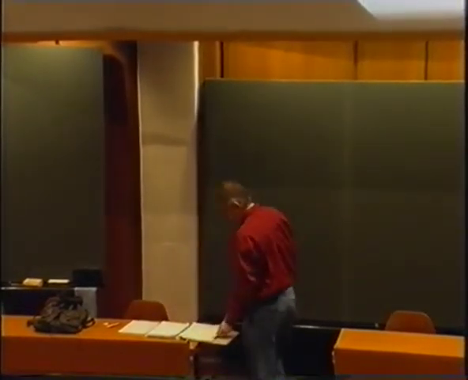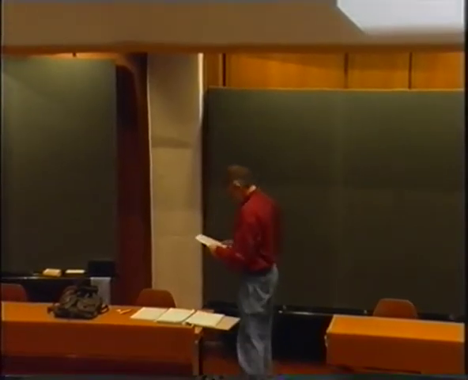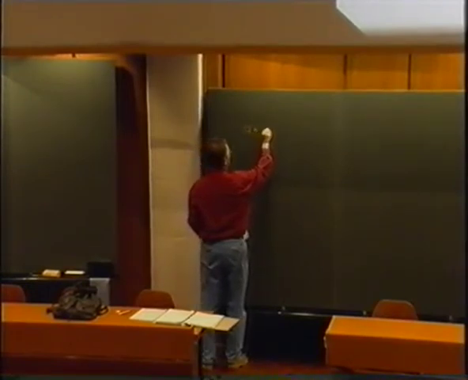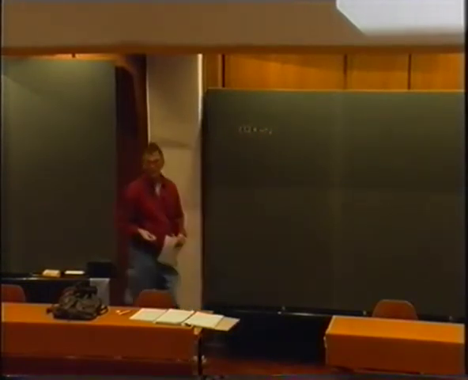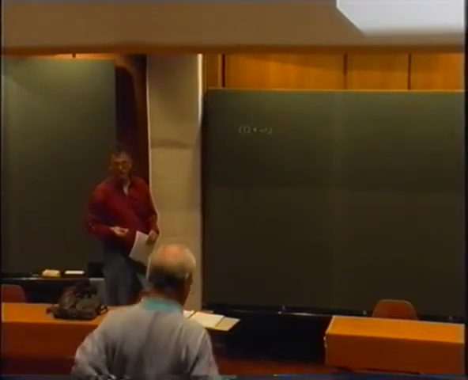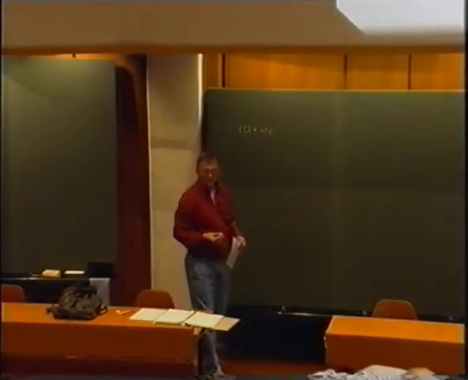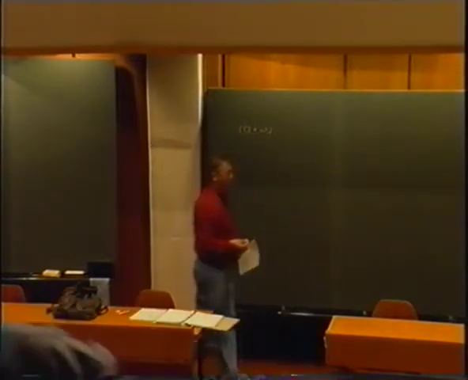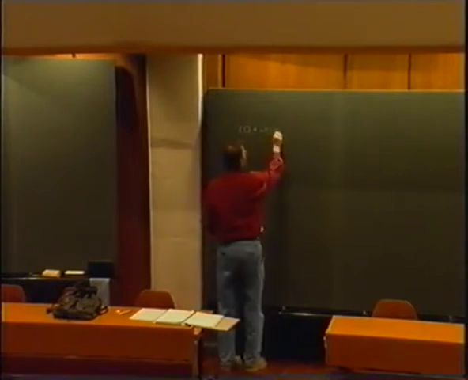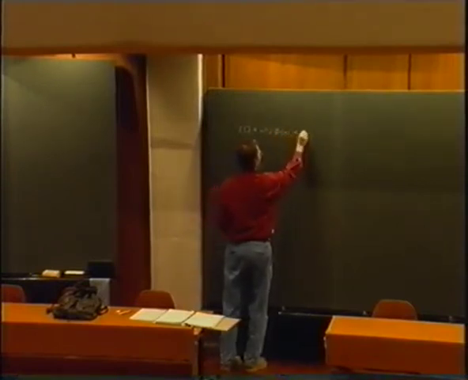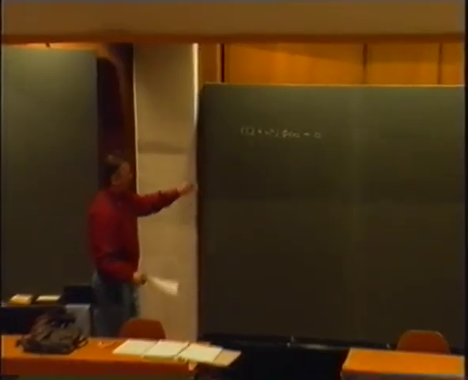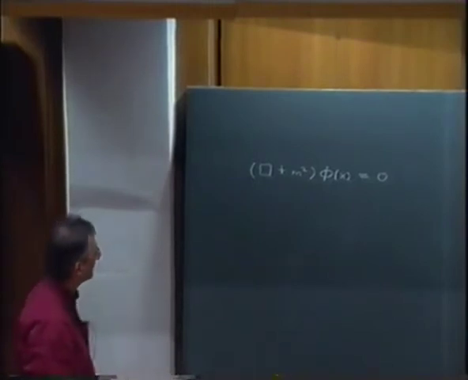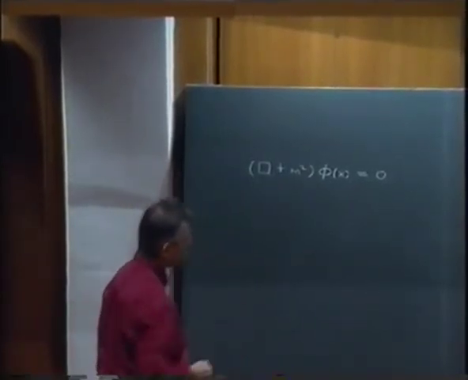So let me briefly recall what I talked about yesterday. We looked at the Klein-Gordon equation, and I said that the Klein-Gordon theory is not viable as a one-particle theory because of negative probability densities and also because of the problem of negative energies. And this was the reason why one had to quantize once more. That's why it was called second quantization. And what this amounted to was the following.